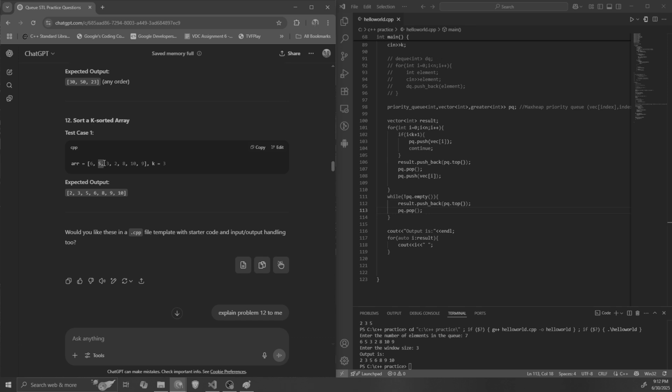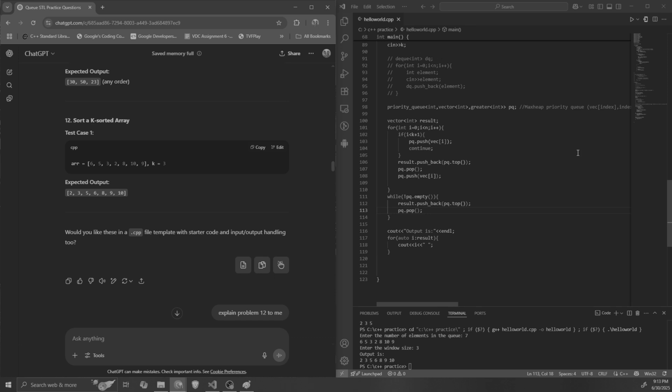Similarly, 5 can be in these places and also over here, so 5 can be in a total of these places. Similarly, for example, let us take 2. 2 can be in any of these positions, since all are at most 3 positions away. So that is what you have to understand: each position is at most k positions away from its actual